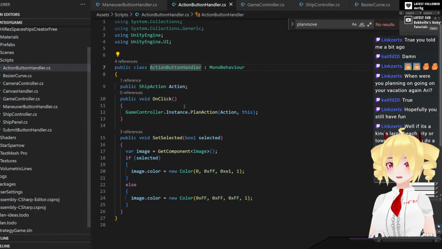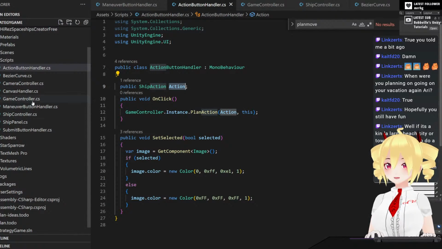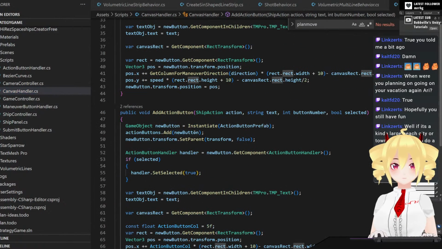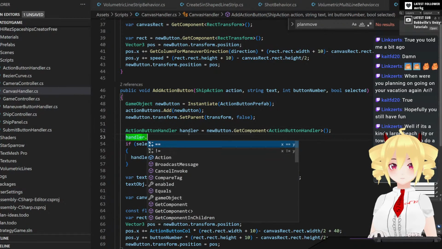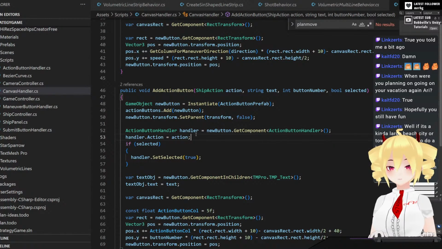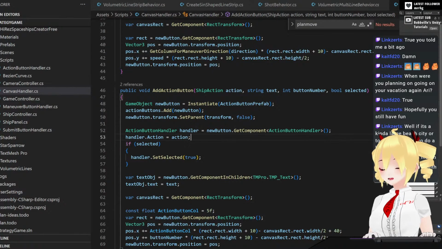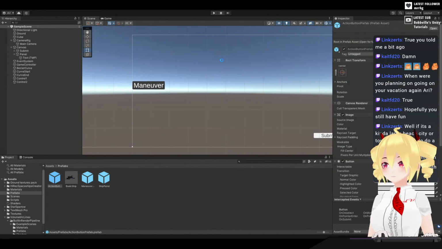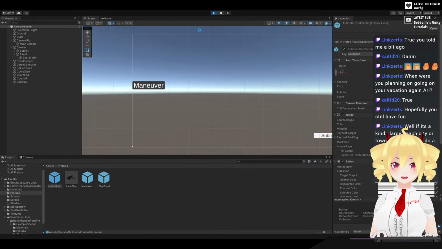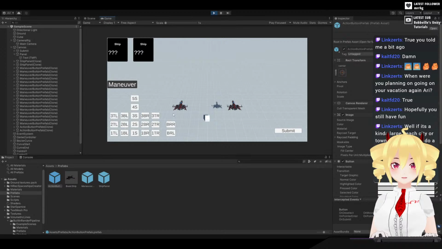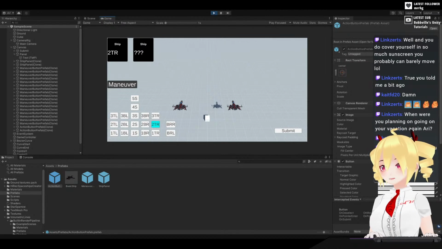Alright, when we create this button, we need to set this. Okay, now I should be able to click it. And there we go. So now we can do that. It's not going to do anything yet, of course. One last thing we want to do is